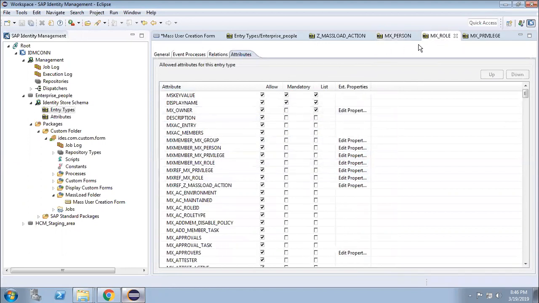Here, since the person is the referred one, privilege is the superior one. For the role, person, privilege, group, and role are the superiors. Roles can be superior to themselves, meaning one role can be superior to another role. Got it.